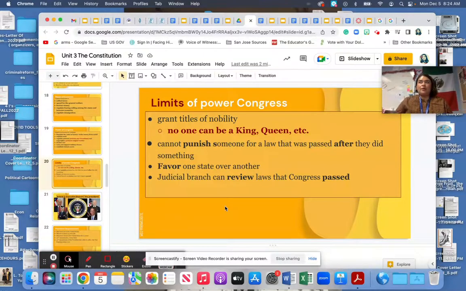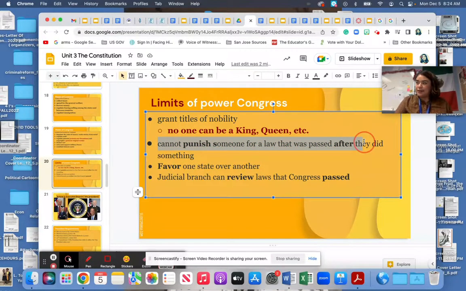Of course, with power, because they didn't want all of these roles to have all the power, there has to be a limit. And so their limit is that there's no such titles of nobility. No one's a queen or a king. They cannot punish someone for a law that was passed after they did something. They cannot favor one state or another. And finally,